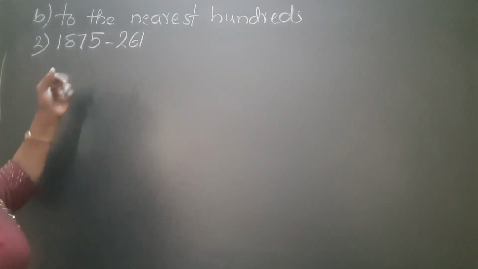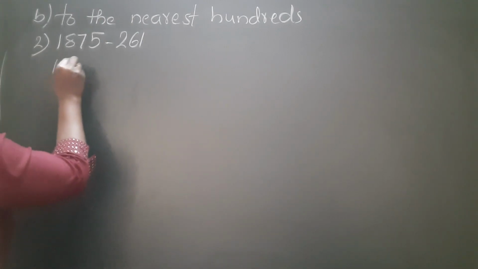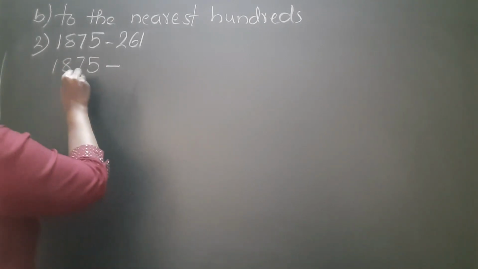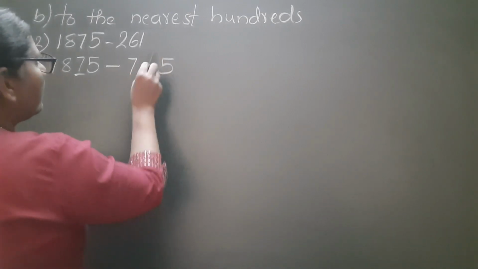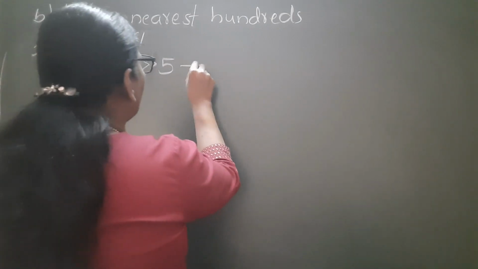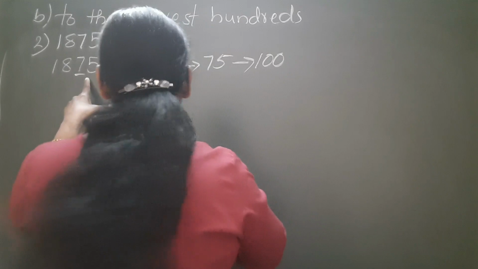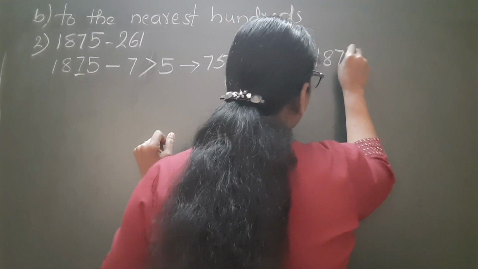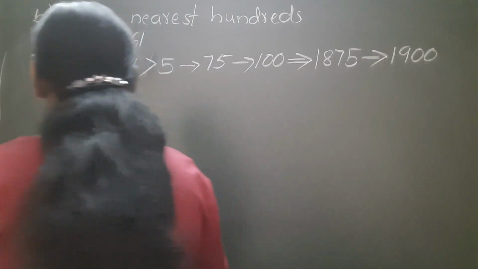The question is 1875 minus 261. In 1875, 7 is in the tens place. 7 is greater than 5, so 75 rounds off to 100. So 1875 rounds off to 1900. The next number is